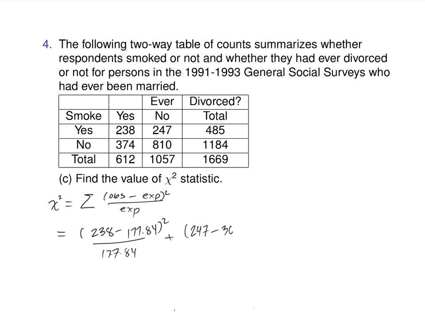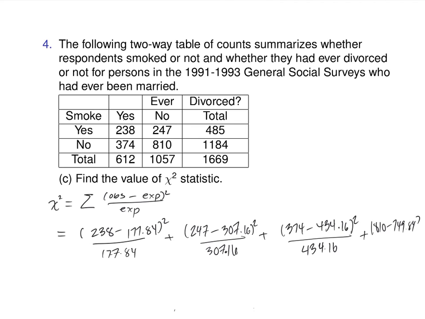Minus 307.16 squared over 307.16, great. Plus 374 minus 434.16 squared over 434.16, and then plus 810 minus 749.84 squared divided by 749.84, okay. And I made a boo-boo in my notes and I put a wrong number in. You're gonna get a big chi-square, but I don't